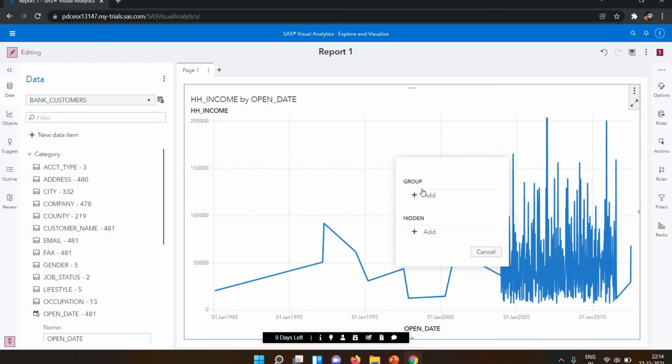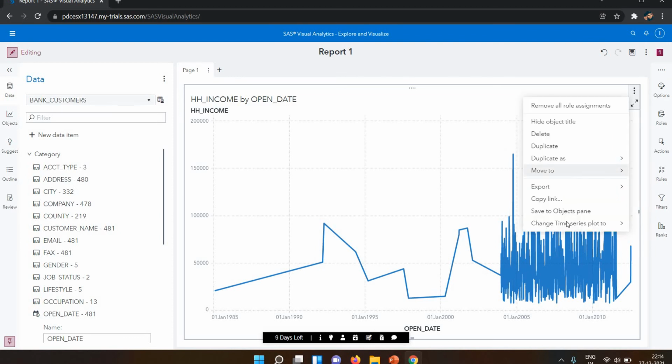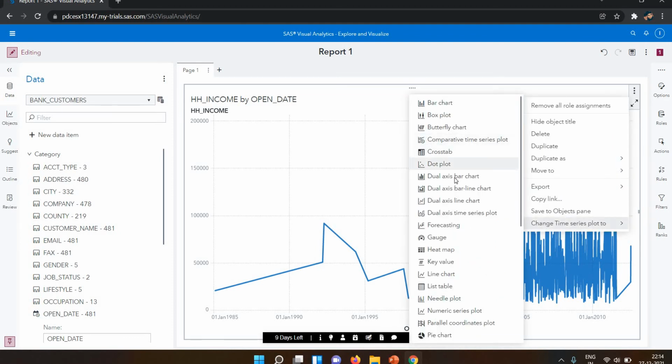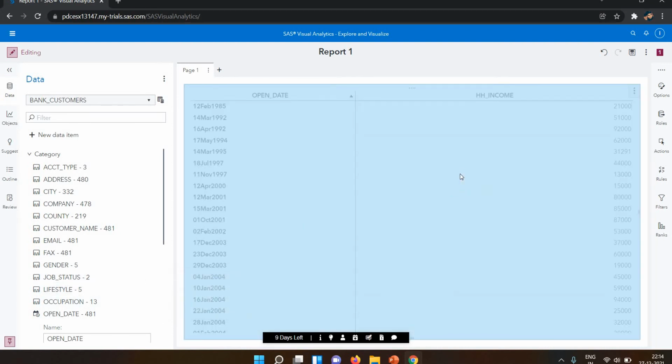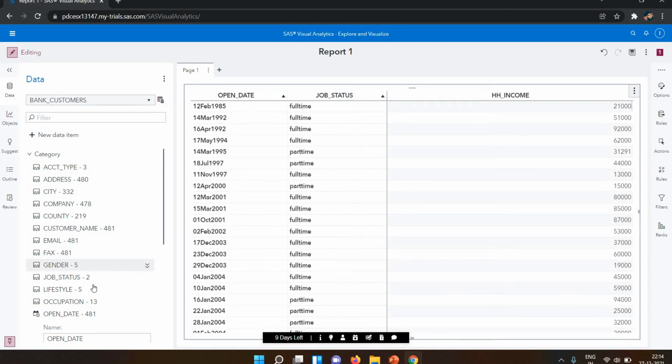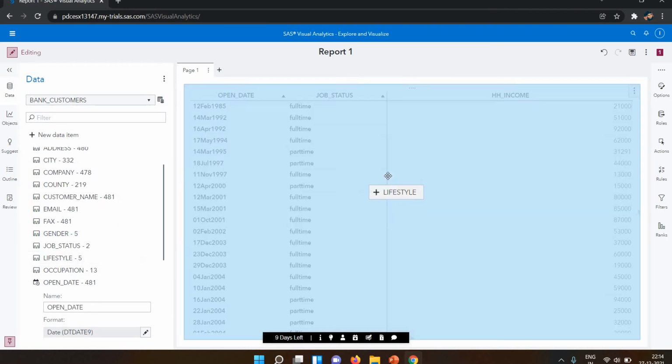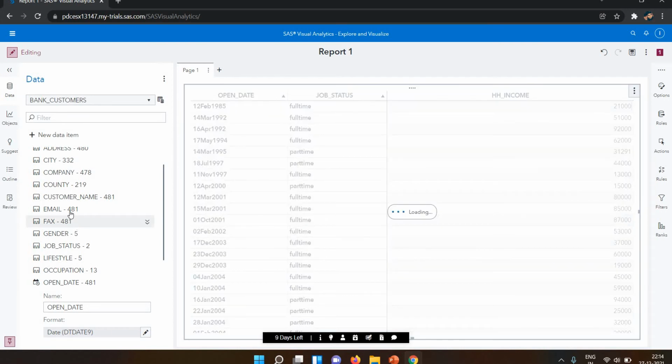And now I'm changing this to a cross table, sorry, a cross tab. So this is converted into the cross tab. One minute, I'm adding the job status also here. If you want lifestyle, I added it.